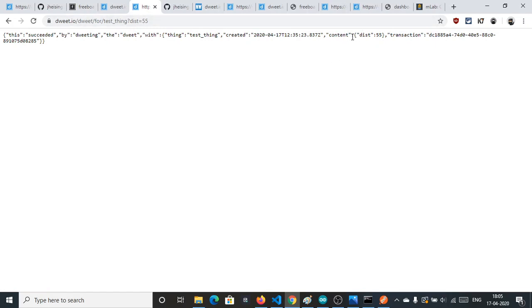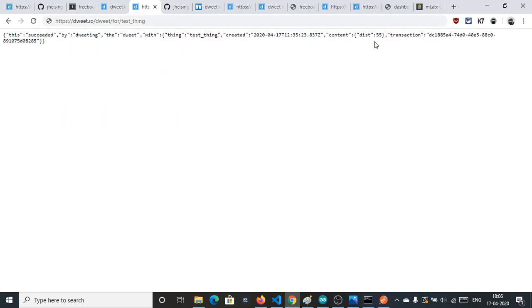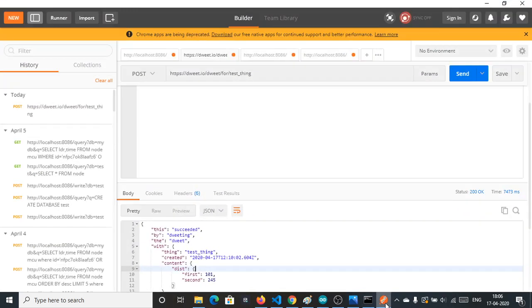So the thing is, as you can see here, the content field can store distance, but the value can be an object too. The distance can basically have a JSON object here, but using this get API you can't send a JSON object in this manner. So using a post API is better if you are sending data in JSON form in these types of fields. It can be achieved using Postman.